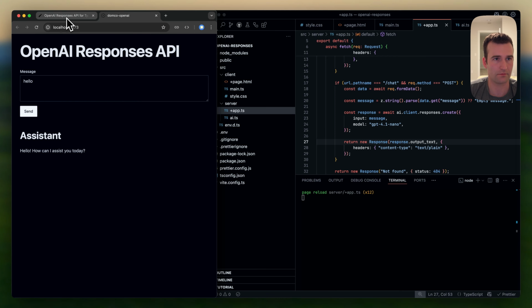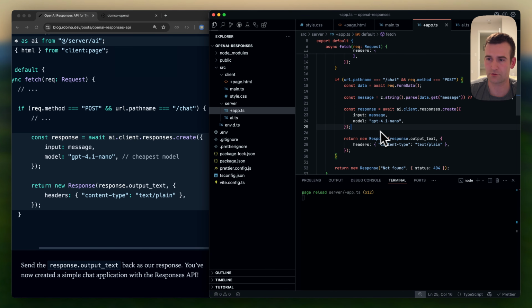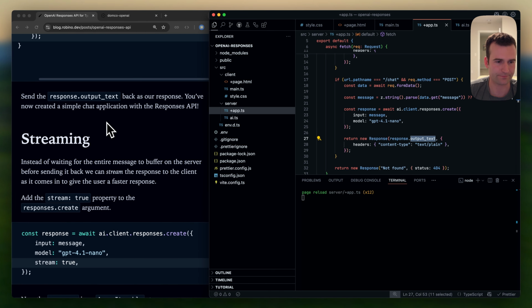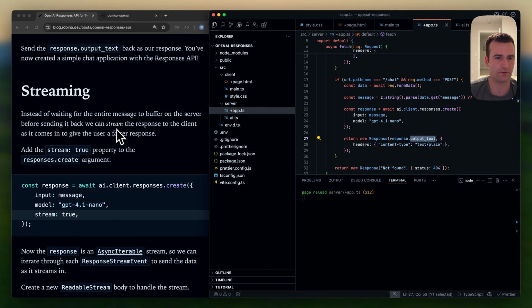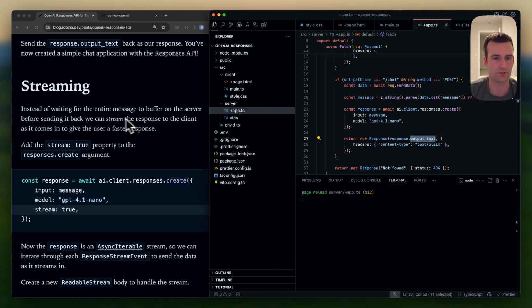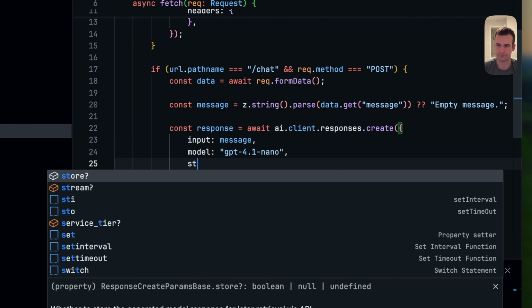Right now, our API does not stream the response. So we're waiting for the entire response to arrive on the server before we send the whole output text to the client. So we can speed up our response time if we stream the response so the user can start reading the message as it's generated back. So we need to add in the stream